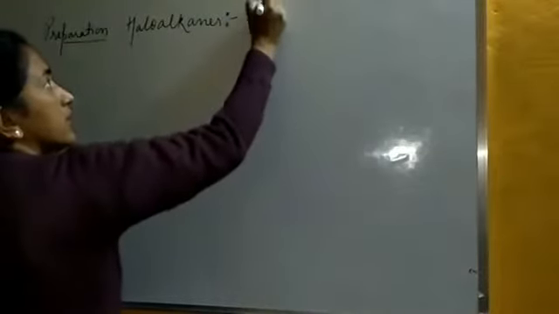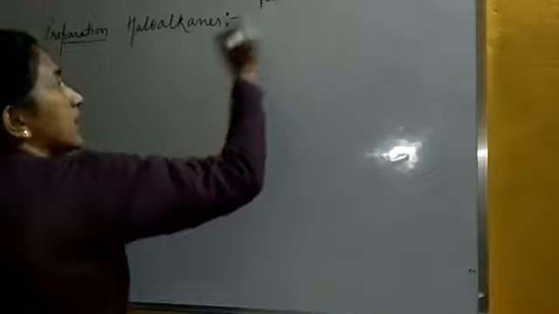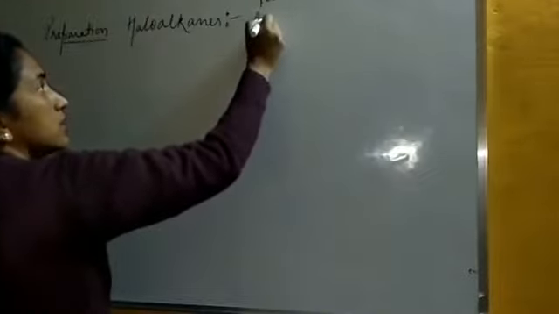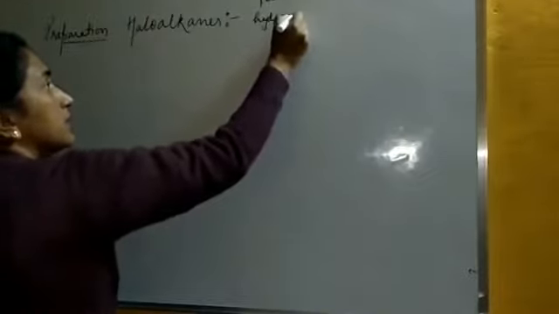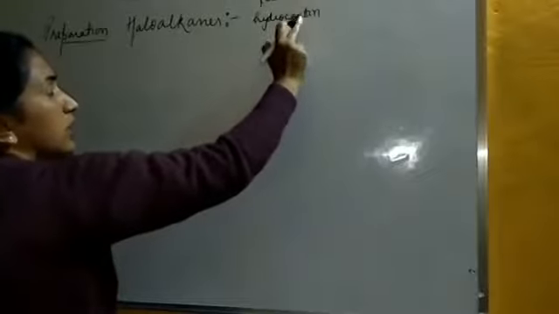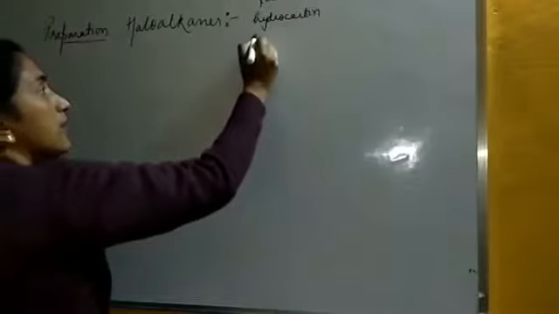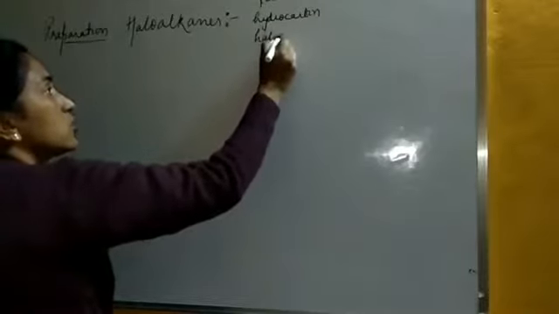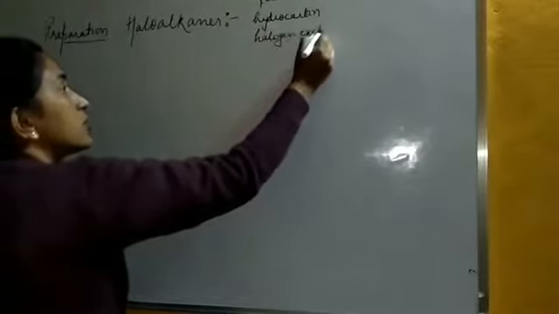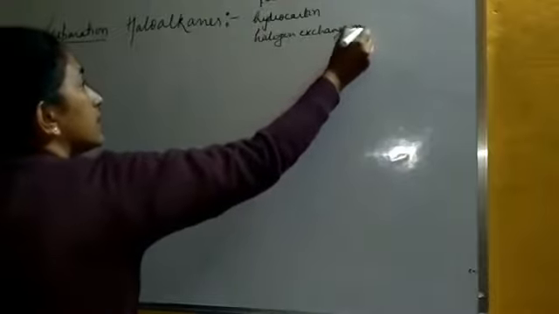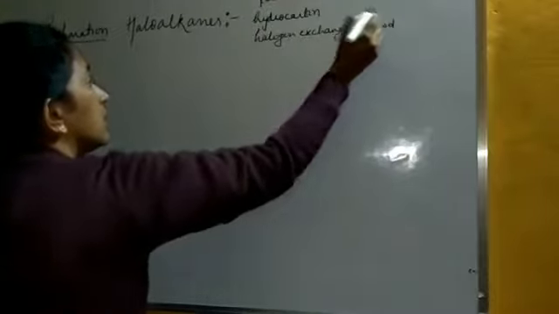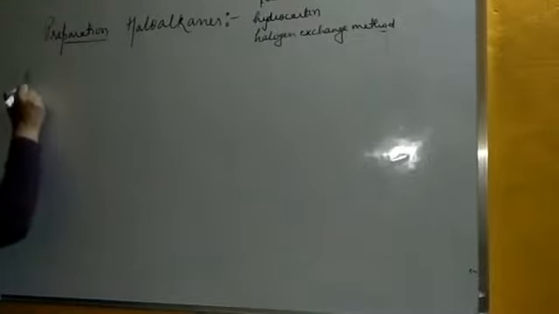So different compounds are alcohols, hydrocarbons, which will include alkene as well as alkyne also, and another method which is known as the halogen exchange method, right? So these are the three main ways of preparing the haloalkane. So students, we will first begin with the alcohol,